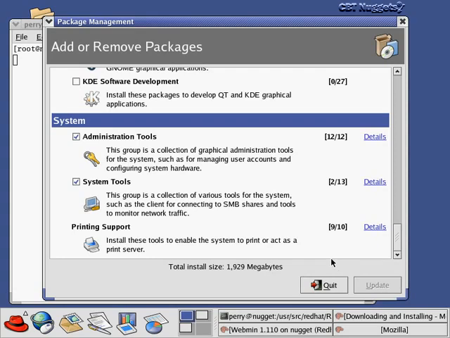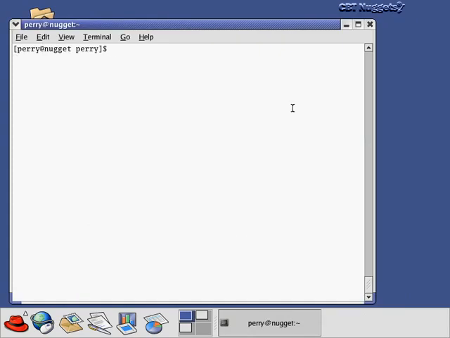Okay, so while this graphical user interface is easier, it's not quite as fully functional as the actual RPM command itself, and they promise to put more functionality in the graphical user interface for package management in the future, but for right now, it's a limited tool. Now let's talk about keeping your system up to date for the various modifications, bug fixes, and stuff like that